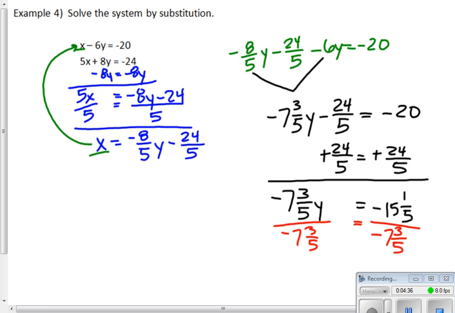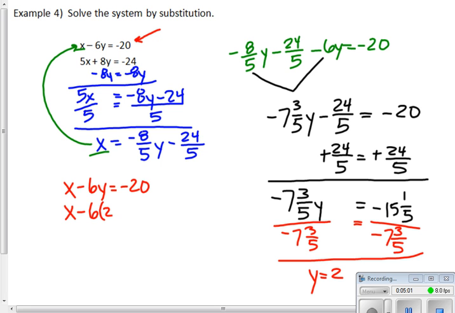And we have y by itself now, and we find out y equals 2. Take 2, substitute in one of your equations up there. So I'll go ahead and substitute in for maybe this first equation here. And I have x minus 6y equals negative 20. Substitute 2 in for y, so x minus